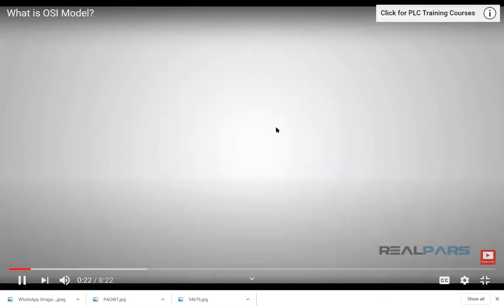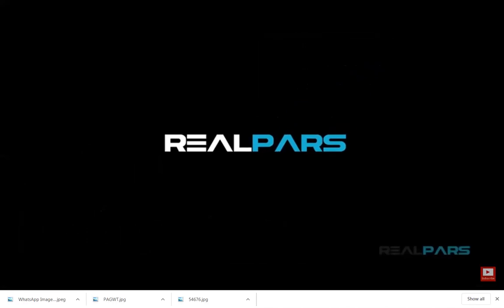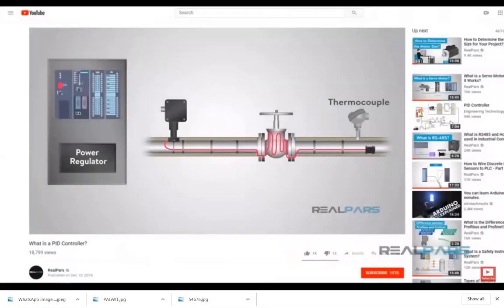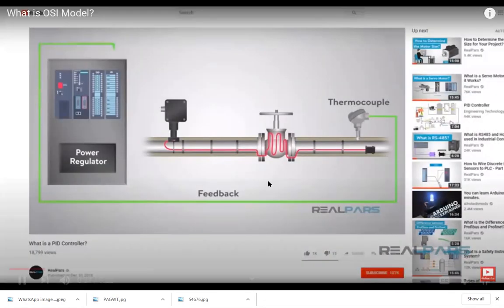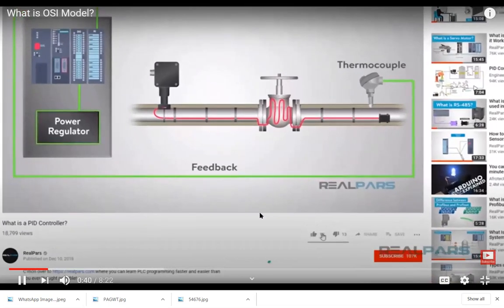So this is how our data will be transmitted here. If you observe very clearly, what is this layer? What will be done in this particular layer?